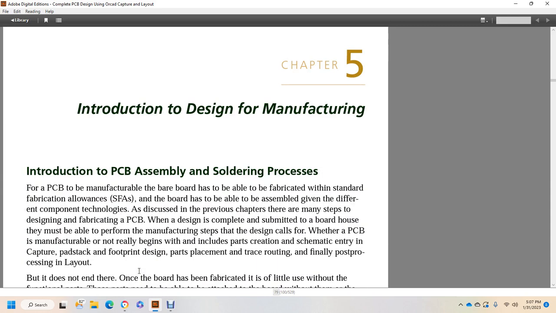For the PCB, the manufacturer of the bare board has to be able to fabricate it within the same fabrication allowances. The board has to be able to be assembled with the different component technologies discussed in the previous chapter. There are many types of design, fabrication, and printed circuit boards. When the design is complete and submitted with the board, however, they must be able to perform the manufacturing steps